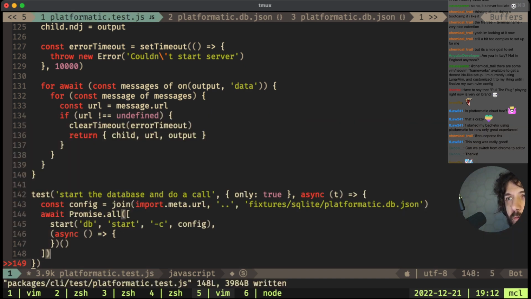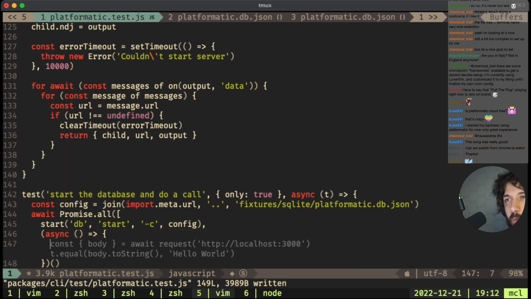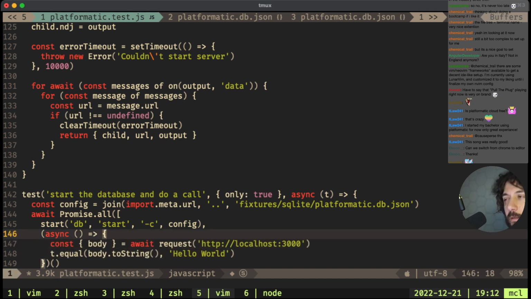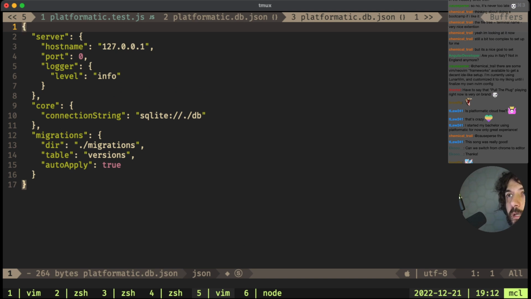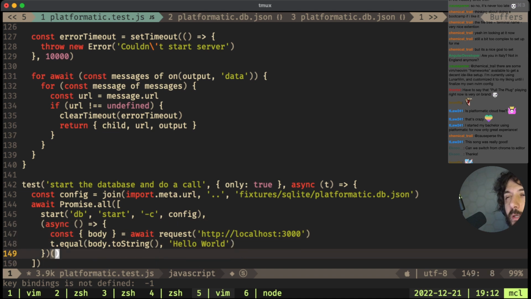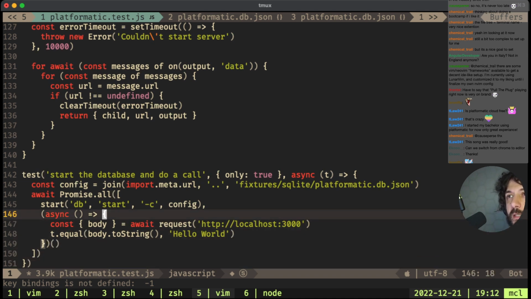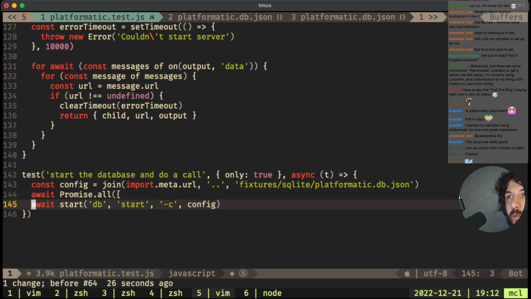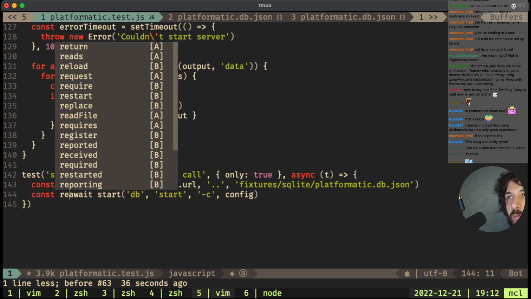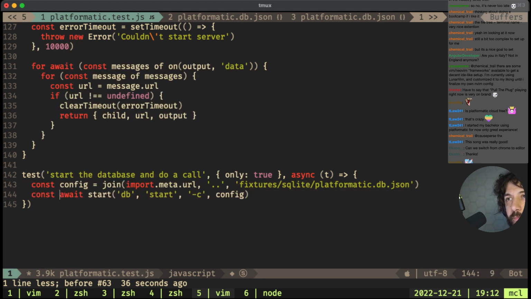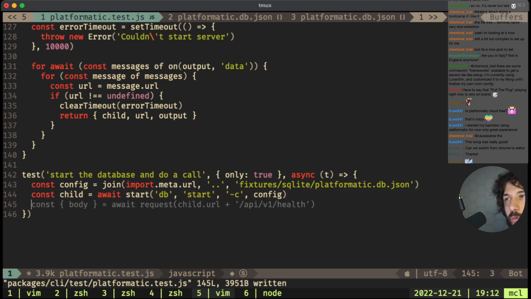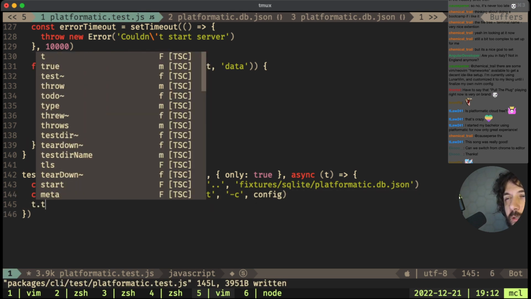Okay, so here we go, and then it's a port. Oh, we need the server. Okay, no, wait a second. Start, const res, child. Okay, and then we do t.teardown.